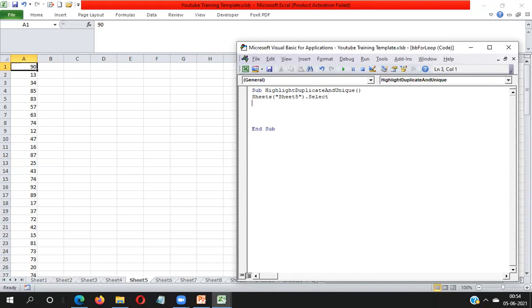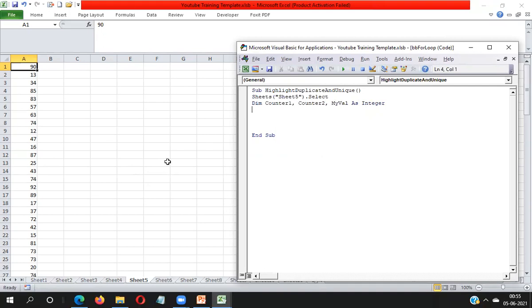I have to apply two loops here. So I'm writing Dim counter1, counter2 As Integer, and one more variable I have to declare, myVal, my value.